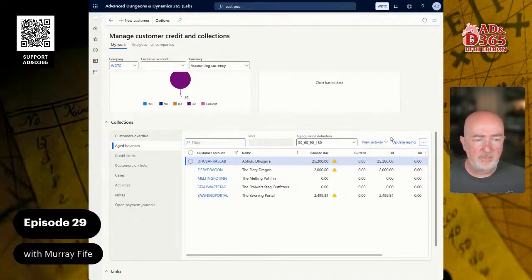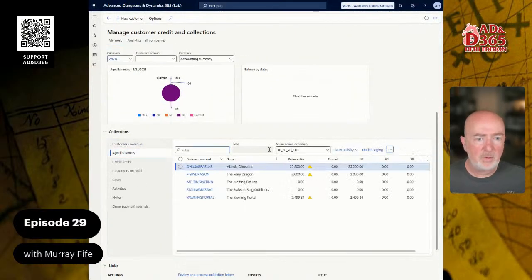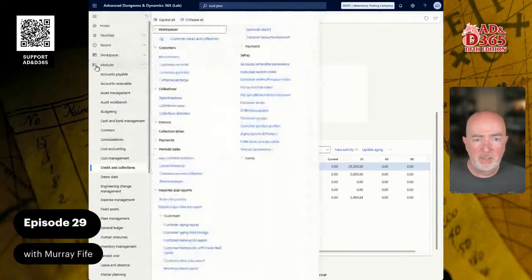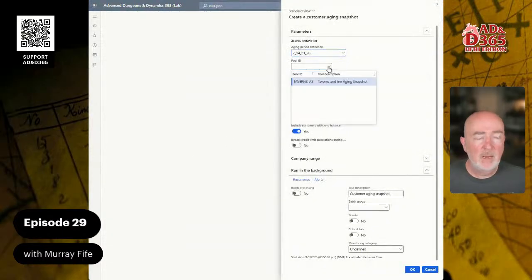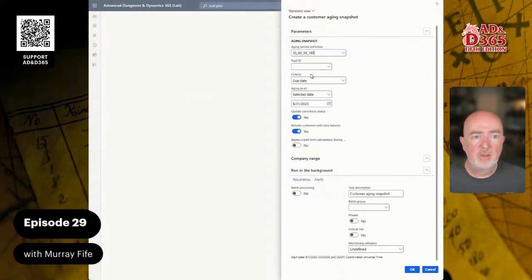then let's go down here. We don't see the pool showing up here, but let's go and create the aged balances. And now we can create a snapshot for the 30, 60, 90 days. And I'm going to create one based off the pool. And it doesn't look like this is a required field. But if I now create it for all the taverns, and we'll create it till the end of the month,